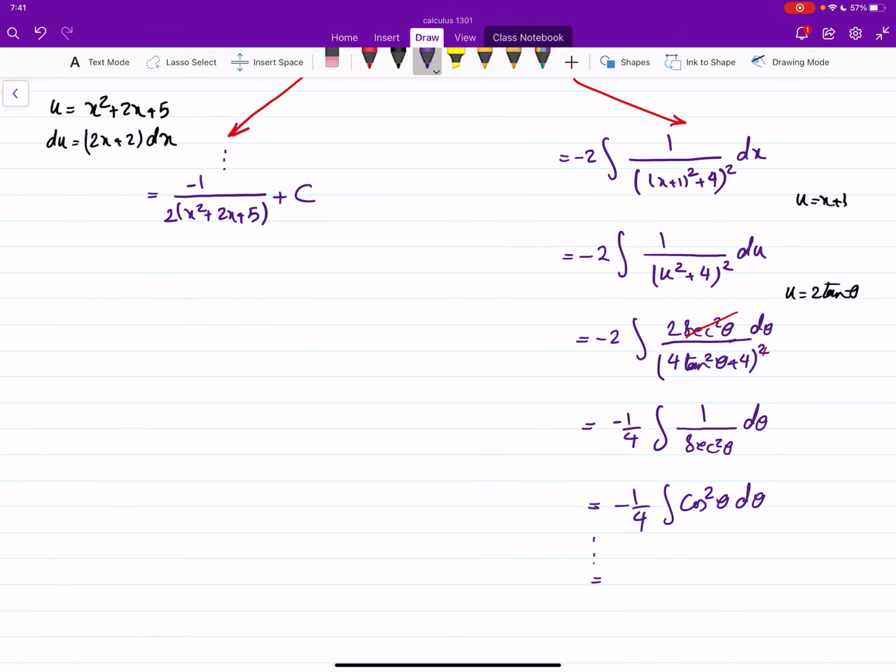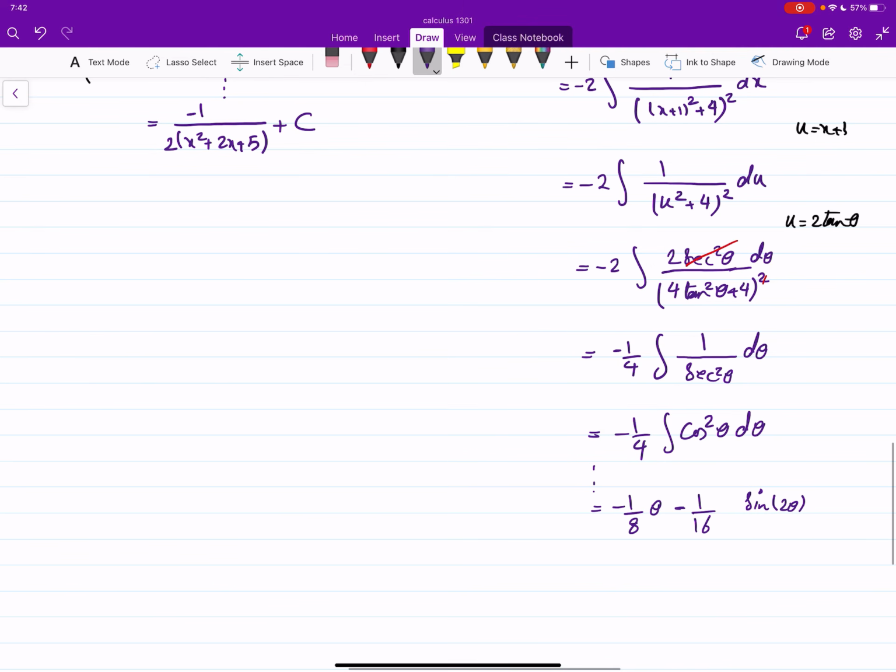So that will give me negative 1/8 θ minus 1/16 sin 2θ. There are some steps there that you have to be able to complete at this stage. And now we have to go back to the